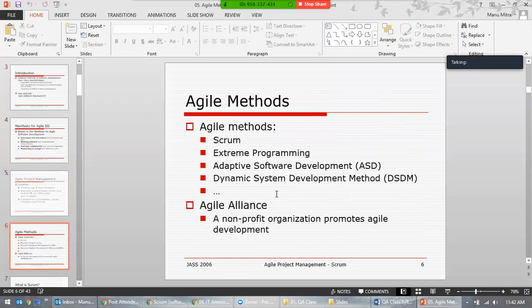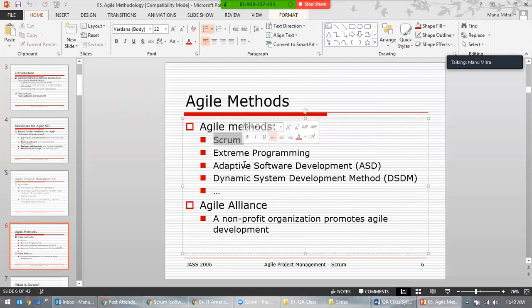We have so many methods in agile. We discussed Scrum. Scrum is more famous, and more used in the corporate environment than any other methodology. We'll discuss Kanban too.